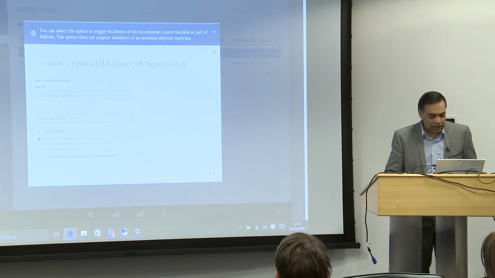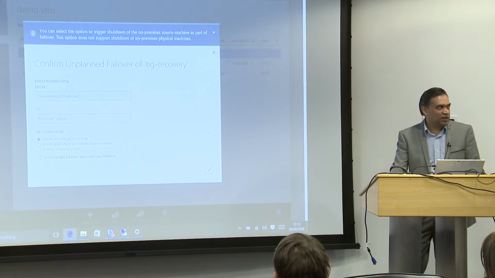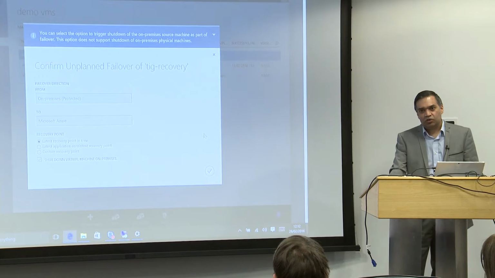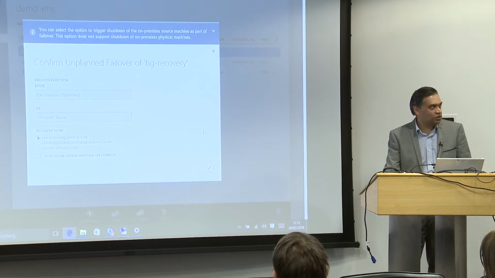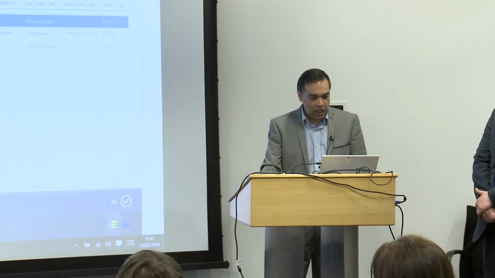So I'm going to kick this off. It takes probably about 15 to 20 minutes to spin up into Azure, and we can revisit it after the next one. It will also go back into the VM environment and shut down the machine running in our vCenter. Once it's passed the validation parts, it will send a signal to VMware on-prem to shut that machine down and bring it up in Azure.